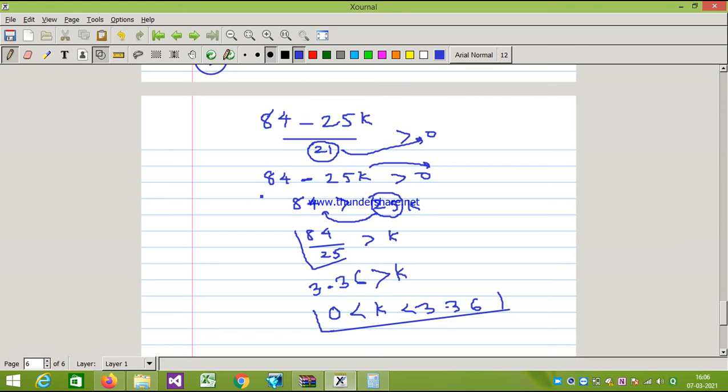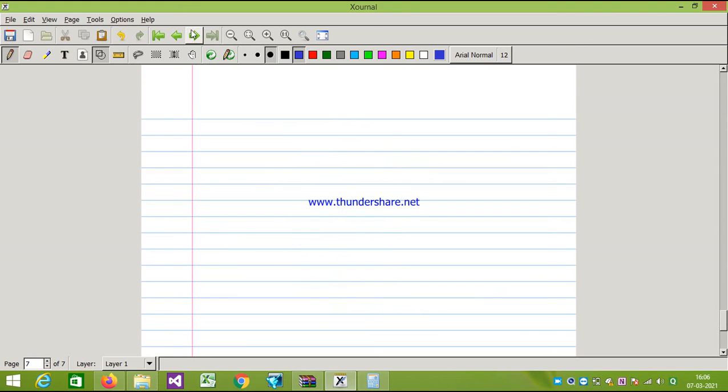Let's move on to the next numerical to understand clearly. The next numerical is on your page number 70, that is s cube plus 2k s square plus (k plus 2) s plus 4. This is the equation, right?